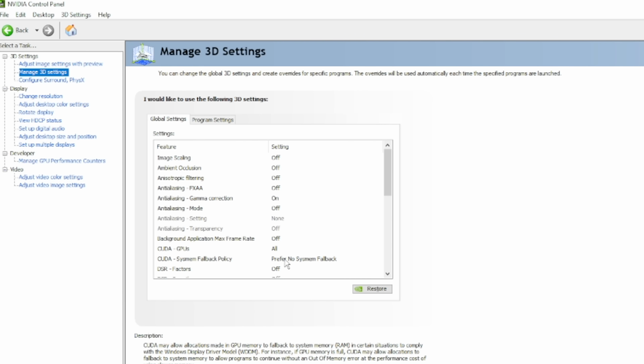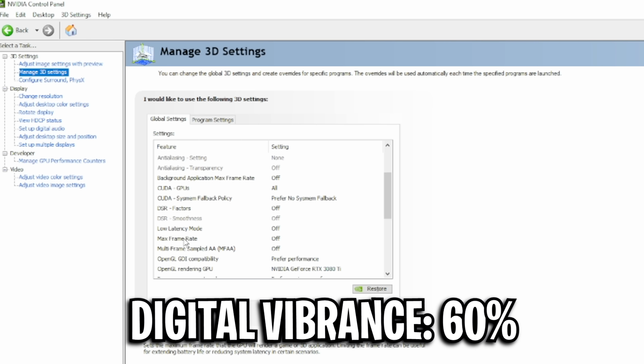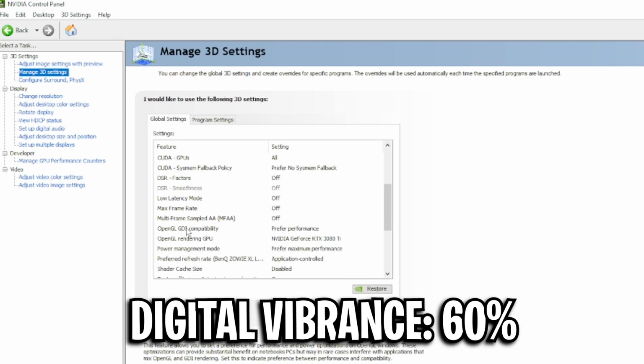Moving on, finally, we've got his Nvidia settings. Now to showcase these, we've got to go to his old PC, as on there he did show them, but one thing he did not show was his digital vibrance, which is set at 60%, and here's proof of it